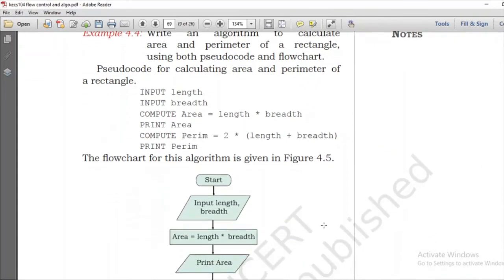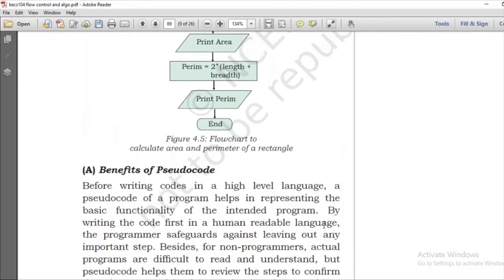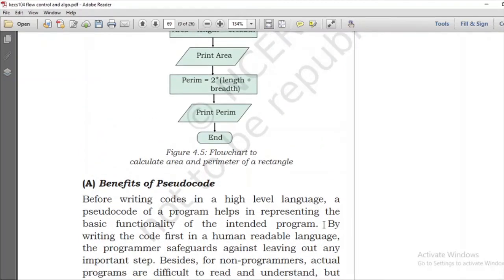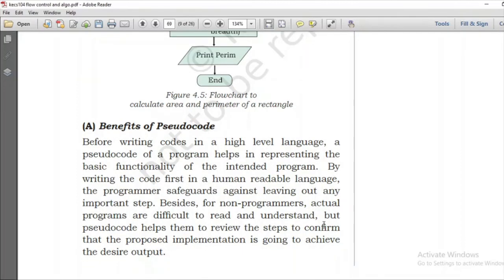So here are certain examples of flowcharts given in your book. You can go through them and they can definitely be asked in your exam. They are very important. A direct 3 or 4 marks question comes, draw the flowchart. So these are very important. There are so many examples given in the book. Go through each of them, understand them, and if in any doubt, we will discuss in the doubt session.